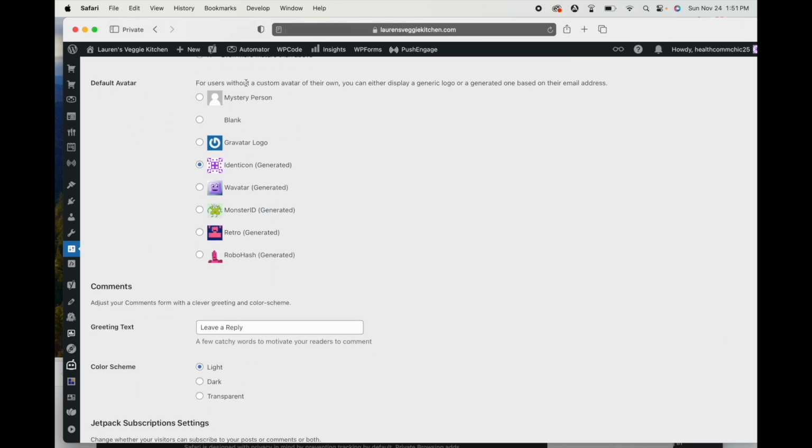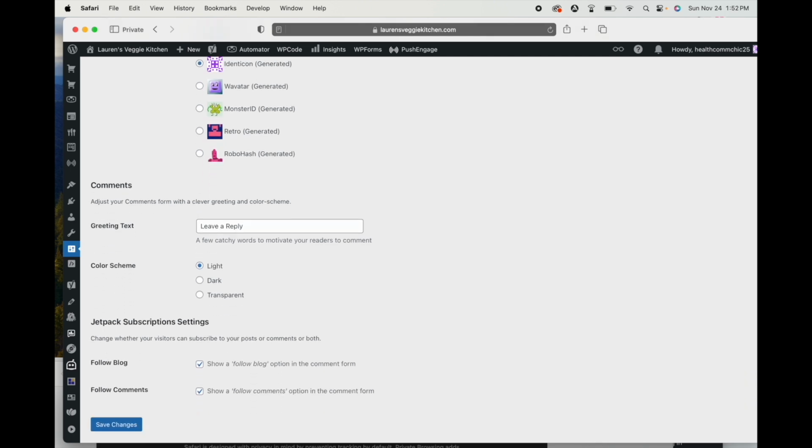And then for users that don't have a custom avatar of their own, you can either display a generic logo or a generated one based on their email address. And so you can choose, this is the generated one I've selected here. You could also just go with this blank template, mystery person. You could leave it completely blank. You could use the Gravatar logo, and there are all these other options too. So anyhow, then